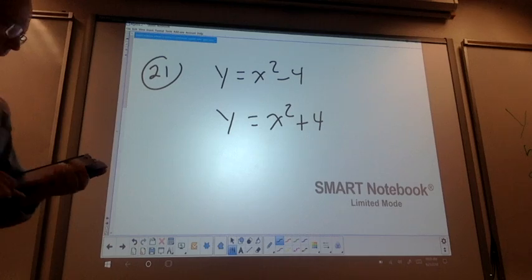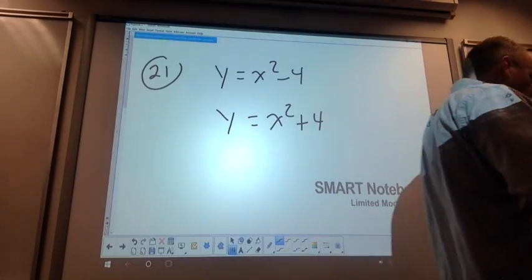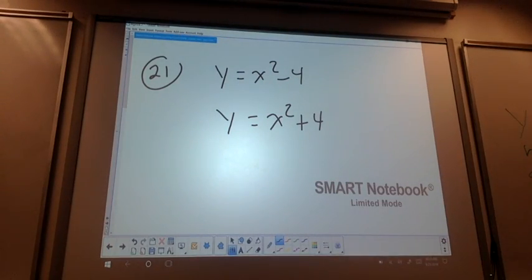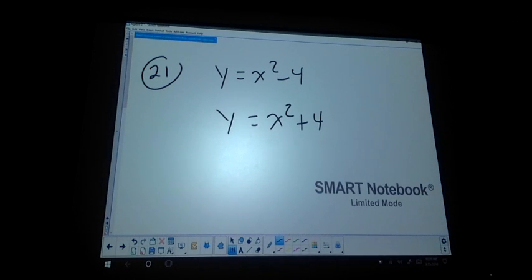Okay, number 21's up there. It says, why does one have two real roots and one doesn't have real roots, or complex roots or something like that, right? Does that make sense? Well, this top one has real roots because if I set it equal to 0 and then I solve it, I get an answer of plus or minus 2. So if you were to graph this parabola, it would cross at (2, 0) and (negative 2, 0). Wherever it crosses the x-axis becomes a